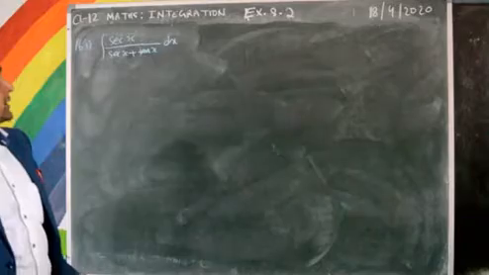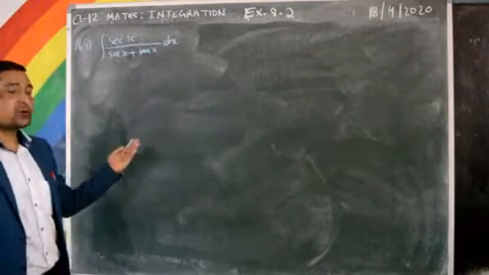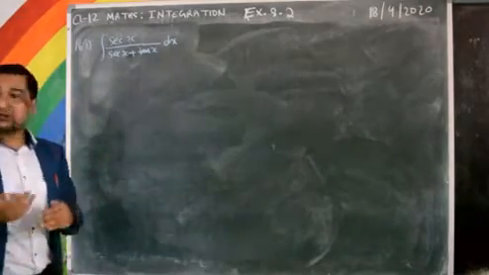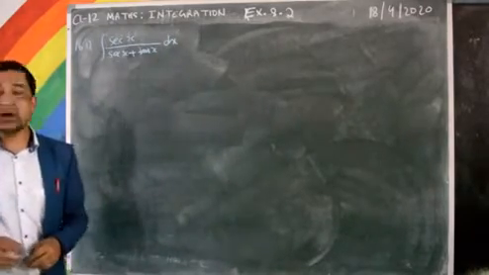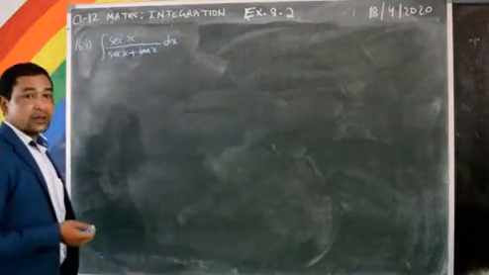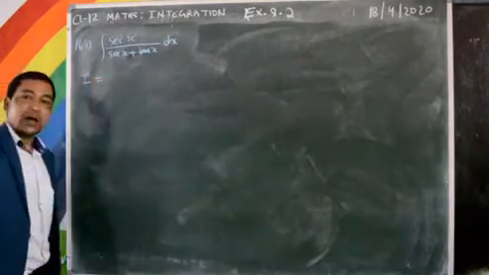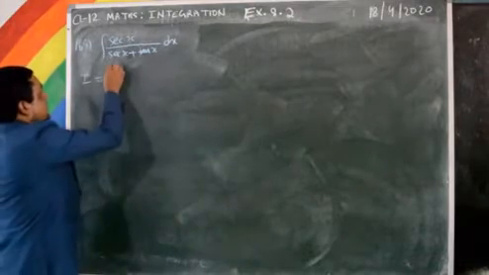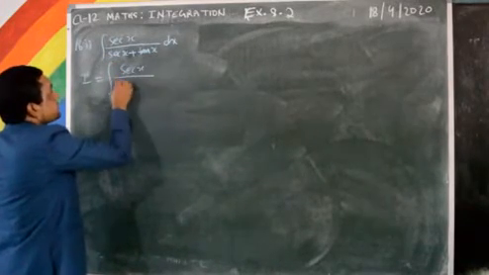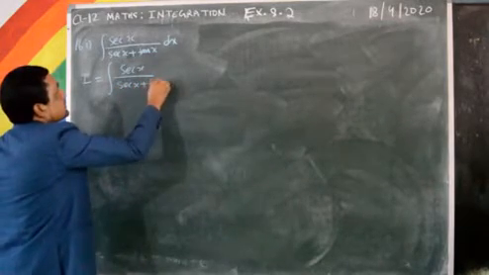Okay, as I already said, there is no quotient rule, no product rule. Anyhow, by hook or crook, we have to simplify the expression into simple form. Then only we will use the integration formula to do the integration. Now, integration is always represented by I. Then I equals sec x divided by sec x plus tan x.